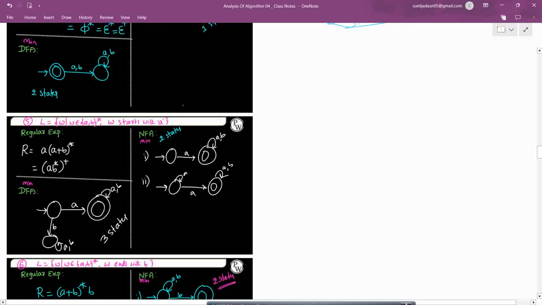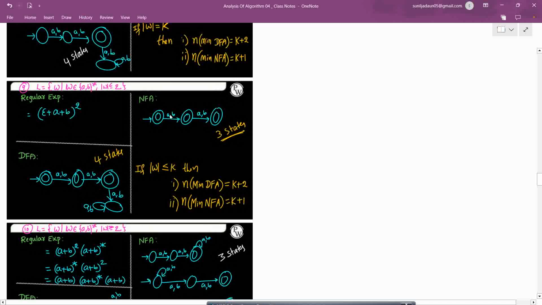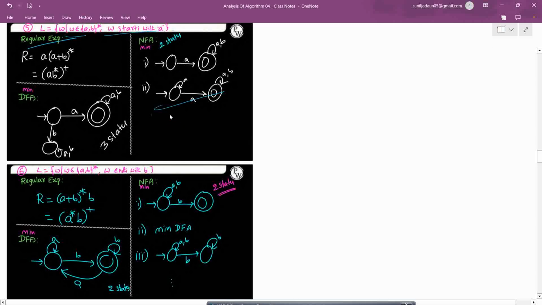So what is this? Regular expression W starts with A. All right. So W here, W starting with A. So this is B step state. What that do in the case of NFA is if it accepts, there is no dead state from here. Is this no case of DFA? So let's see what is this.